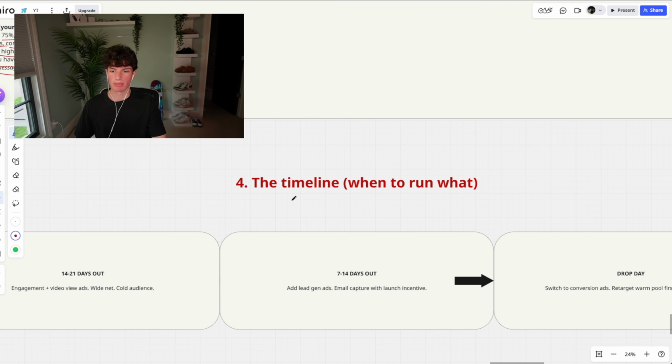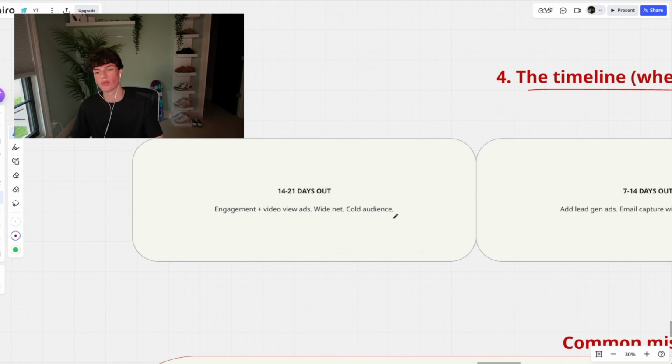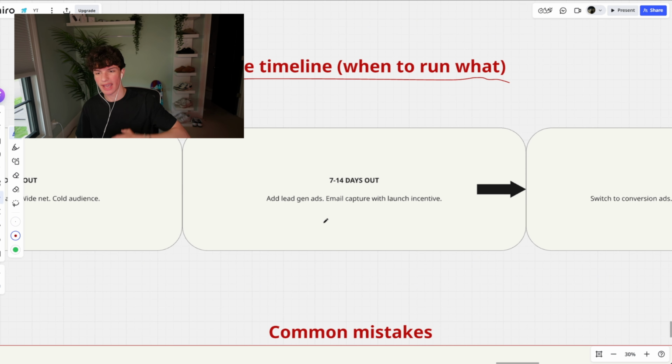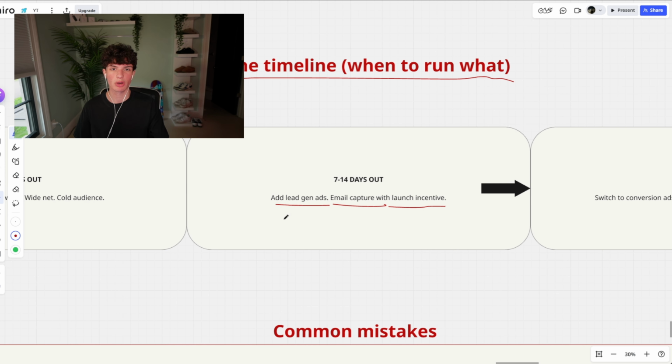And then this is the timeline and kind of just when to run what. So I would say 14 to 21 days out, engagement and video view ads. You have this wide net, wide funnel. You have a cold audience, you're bringing in people, and that's the main goal. And then 7 to 14 days out, you can start running these lead gen ads, capturing people's emails and launching with kind of an incentive to grab their email. This is going to be a really important phase because the emails are going to be very valuable to you